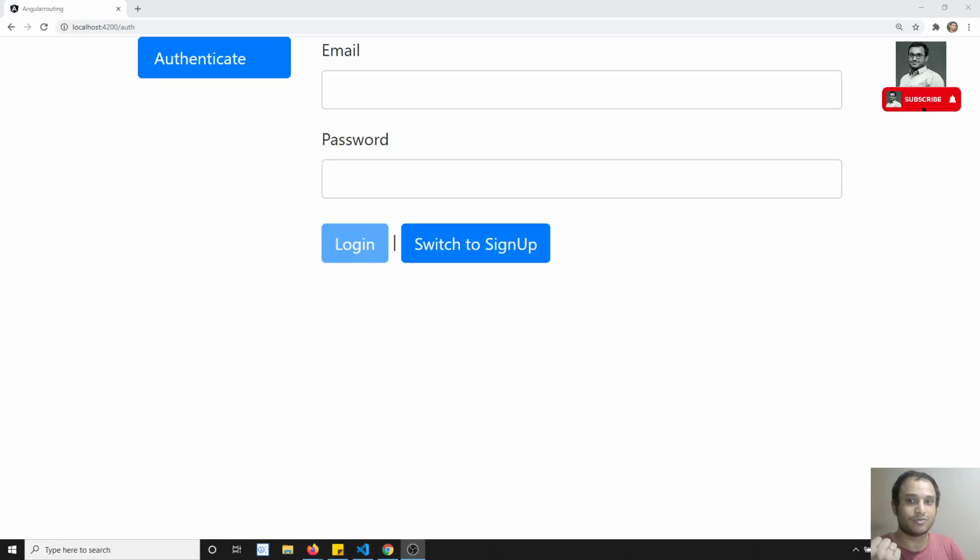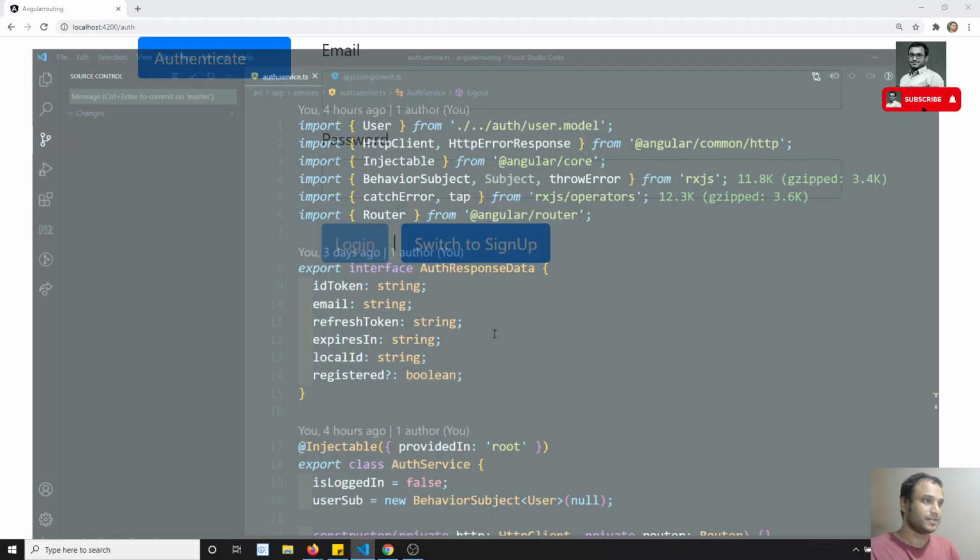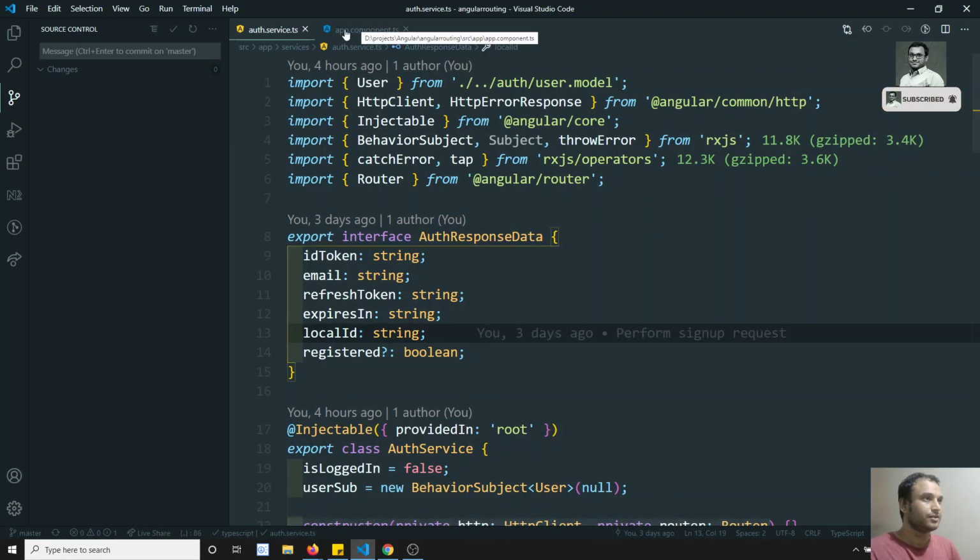In the browser, there are two places where we can save the data: cookies and local storage. There is also another storage known as session storage, but that will not be feasible. Through cookies and local storage we can save the data, and we can also retrieve it whenever we get back. So now we will save the user details in the local storage. Now let's go to the code, in the auth service.